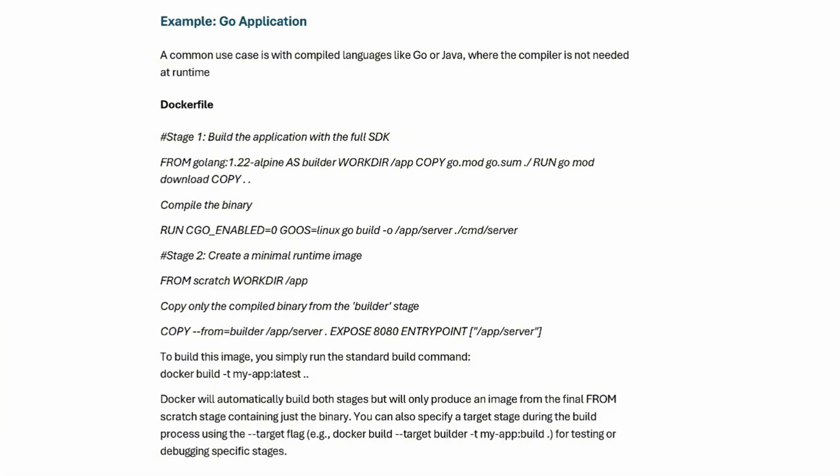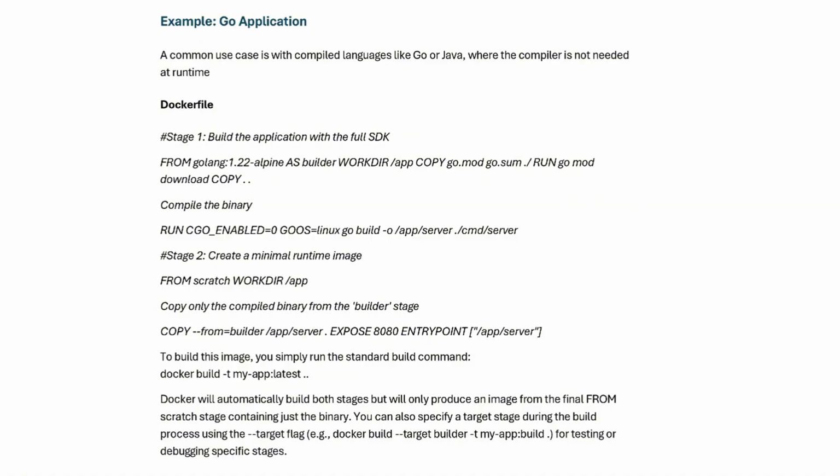Simply, we are only taking the ingredients we got from going to the grocery store. We are only taking the ingredients we got from stage 1, and we are discarding all the heavy work we have done to get those ingredients.